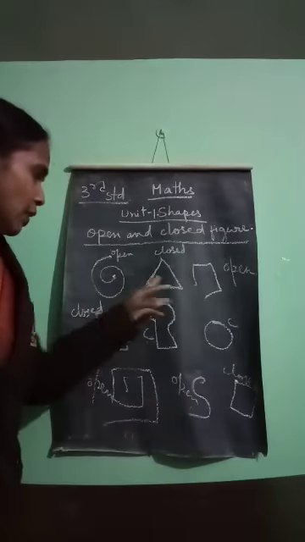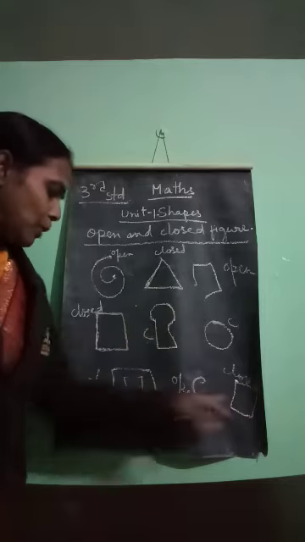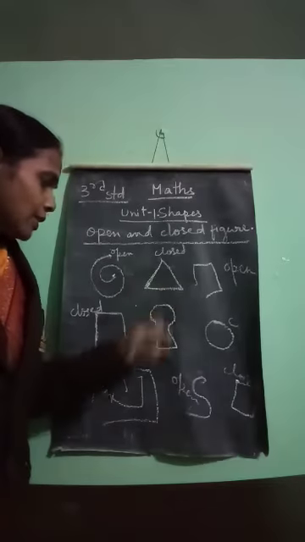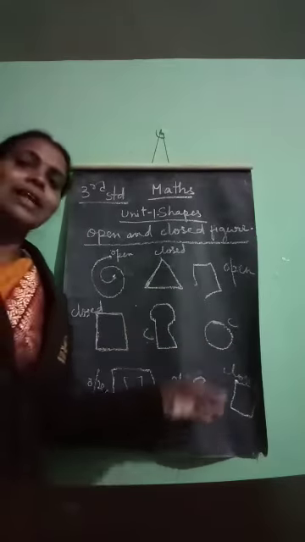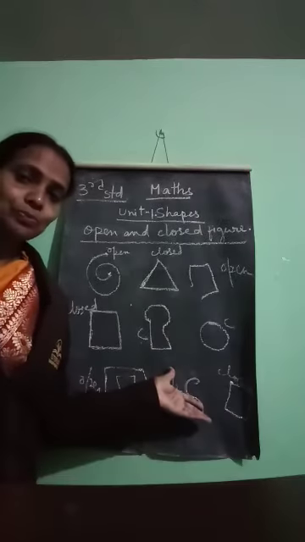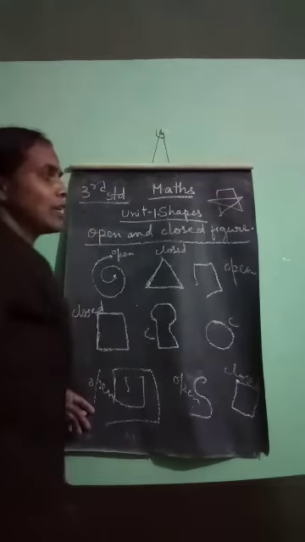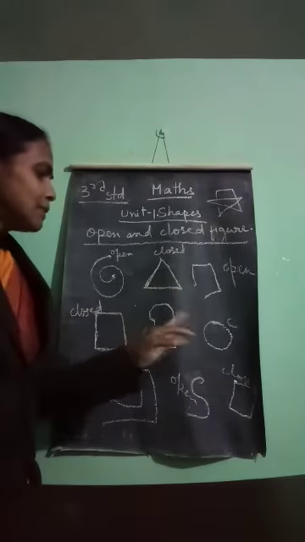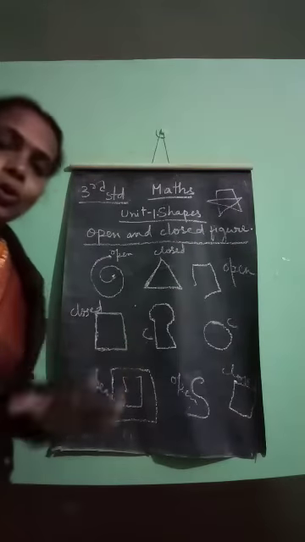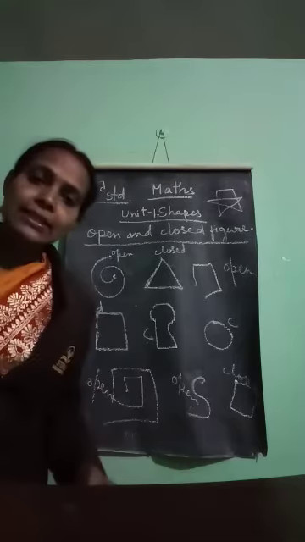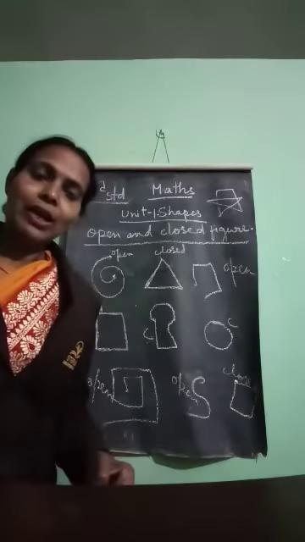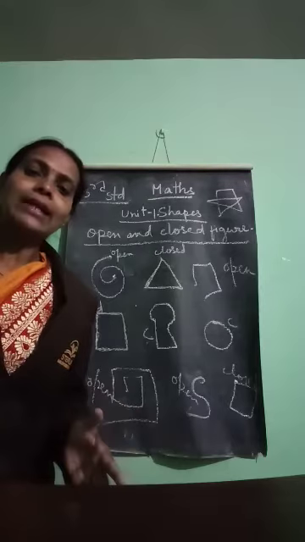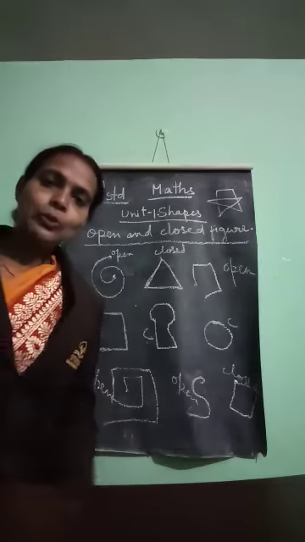And these closed figures are simple closed figures. This one, this one, this one, this one, this one, closed figure. They are simple closed figures because they are not crossing. Like this is not a simple closed figure. But these figures are simple closed figures. And closed figures are made up of either straight lines or curved lines, or they are made of both curved lines and straight lines. Was this clear for you?